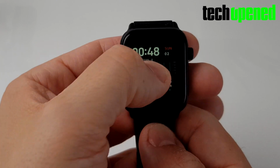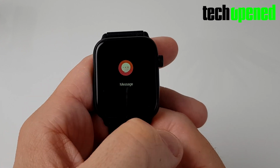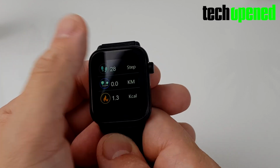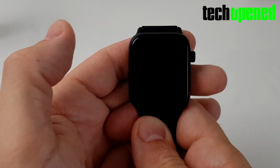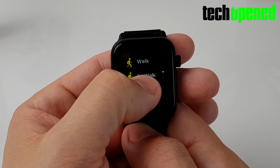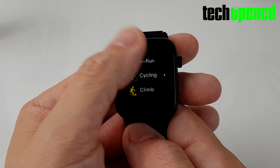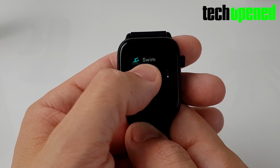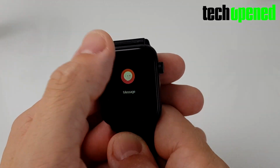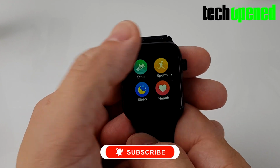And then if I go back to the home screen again, you go into the messages. So these are the messages when it's linked to your phone that will show up. You have the step counter, you have the distance you've walked, you have the calories you've spent, nothing else. Now if I go back, you go into the sports option, you have walk, which is if you're on a treadmill. Then you have run on a treadmill as well. You have cycling. Then you have climbing, swimming, and then you have the history option. So I don't have any history here since I haven't used this yet. I don't know if I will get to use this because there's actually a person waiting for this watch. Then if I go down,